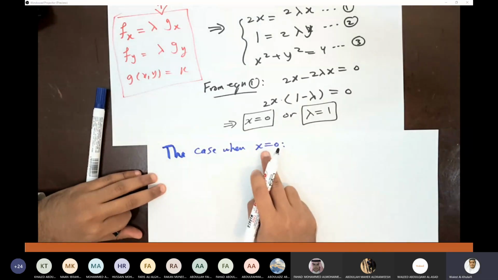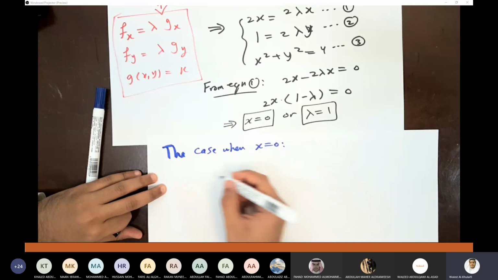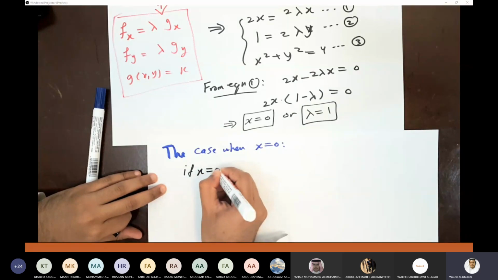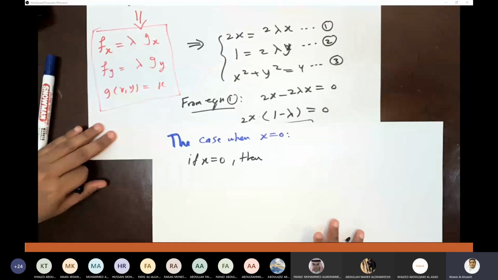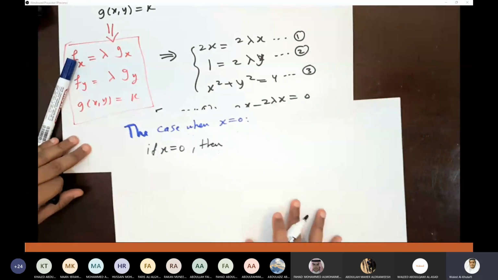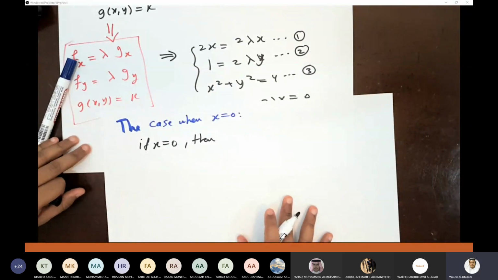If x is equal to 0 يا شباب, then can I get y? Because I'm looking for y يا شباب, the points. هل اقدر اجيب الواي يا شباب؟